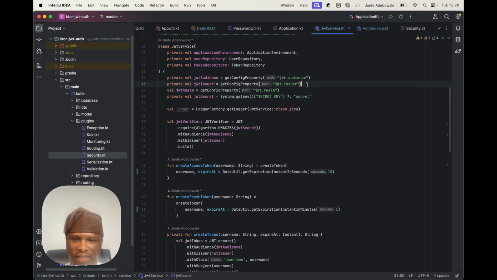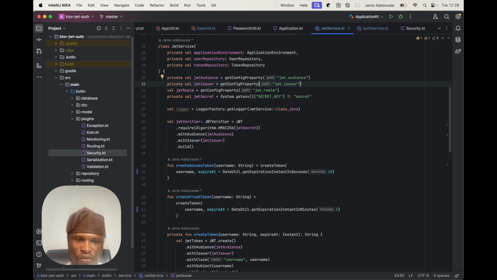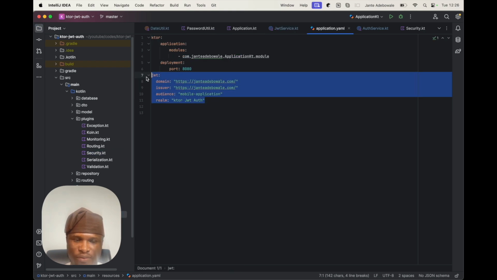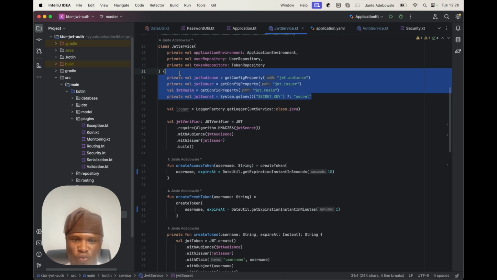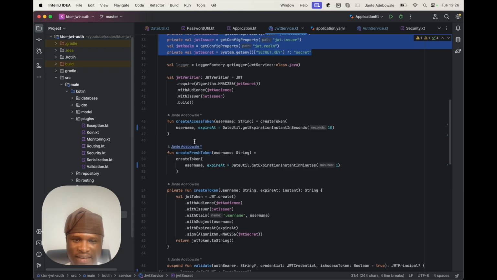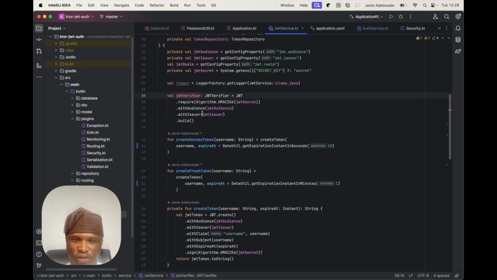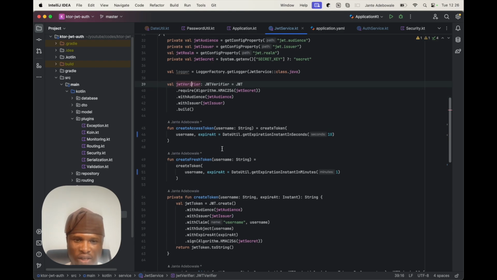Now this is coming from your application resource application.yaml file, right? These are the pieces of information we are getting for this here, right? Because we need it. Then the next thing is for you to look at this JWT verifier. Remember, we'll call this function to verify our JWT. Then you can create your access token here, create your refresh token here. For the refresh token, can you see this? You want to get